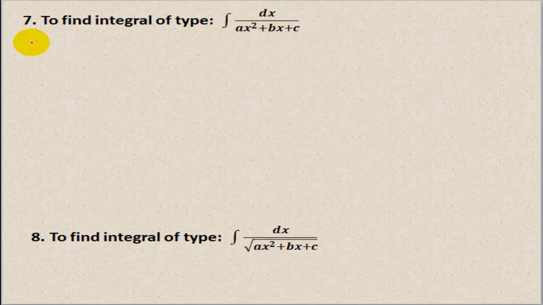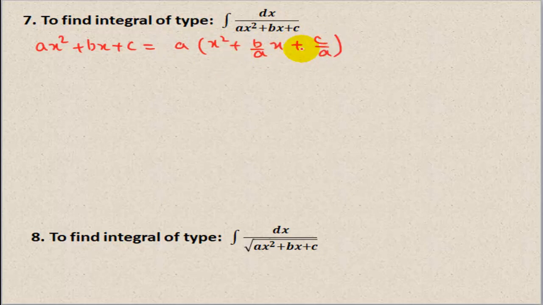So what do we need to do? We can write first ax square plus bx plus c as a times x square plus b over a times x plus c over a. So this part I will try to convert into two perfect squares, either their sum or their difference. Now in order to do that, you need to add a particular term here and the same needs to be subtracted. So what are we going to add? This is already x square plus b over a times x.